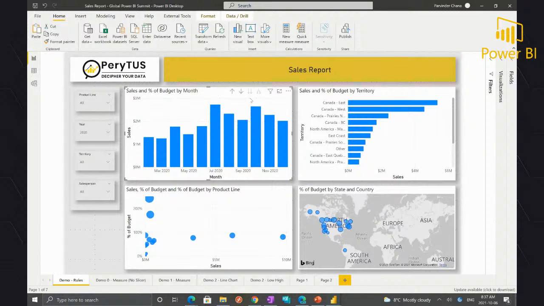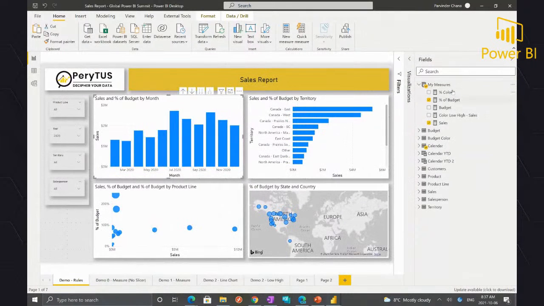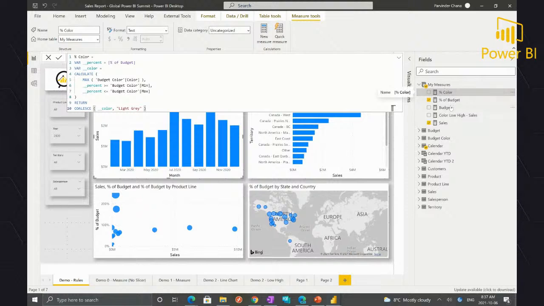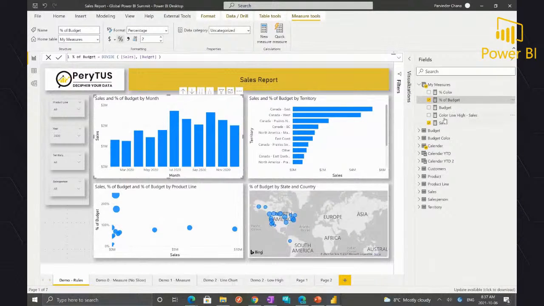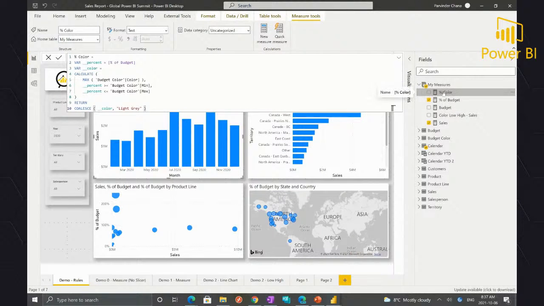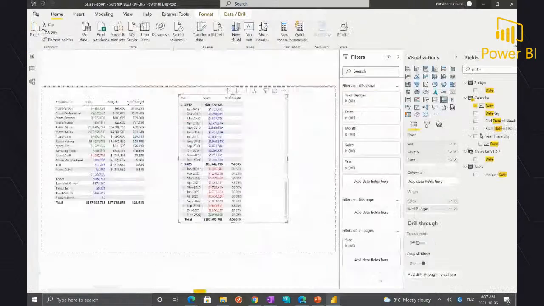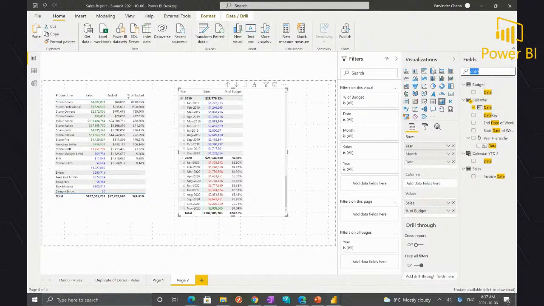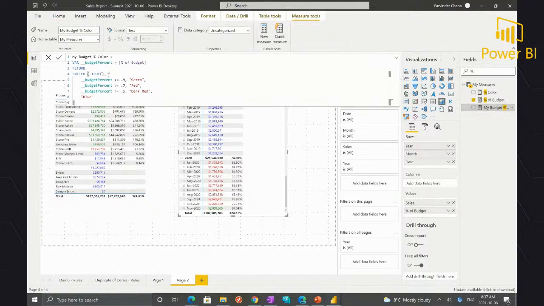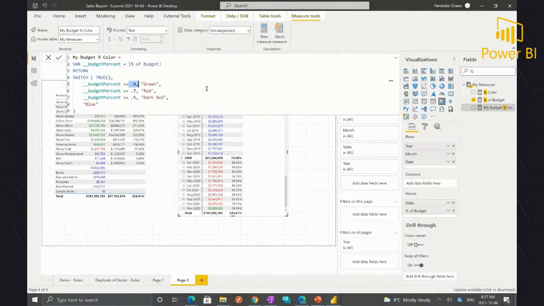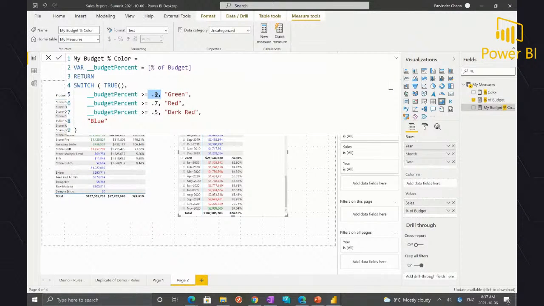So if I want to highlight, conditional formatting I want to apply, I can again create my percentage color. My year has the same. I think on this one I haven't created. This is what I want to show here is, so we created a percentage of color in my other demo. Here what we did is, that's my budget color. So I defined these ranges here, if you see. So I said, okay, if it is greater than 90, do this, 70% do this, and whatnot.